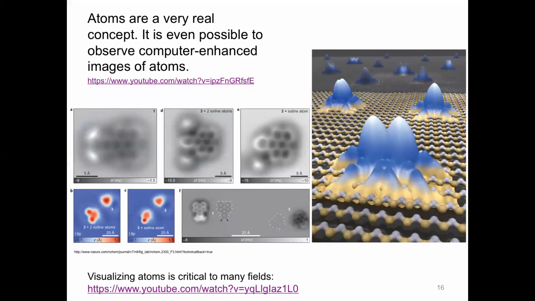Now, on that point, atoms are really very real, and we watched this video in class to show how we're actually now able to see the atom. It was always hard to prove something you can't see, right? So if you're like Boyle, you want proof is in the pudding, right? But now we're at the point where we can see it, and the reason it was hard was because they're so teensy tiny, right? And here you can see some examples I have on my slide.